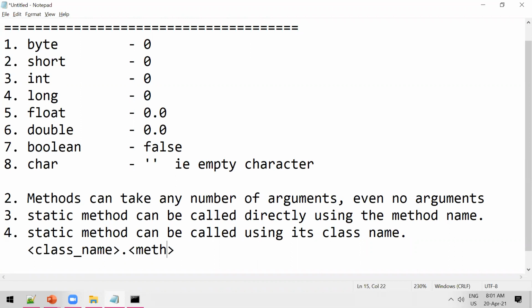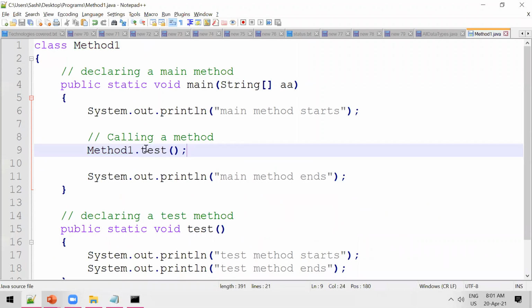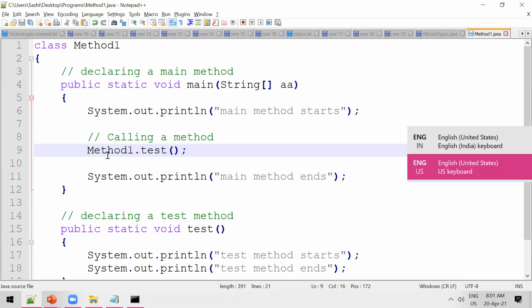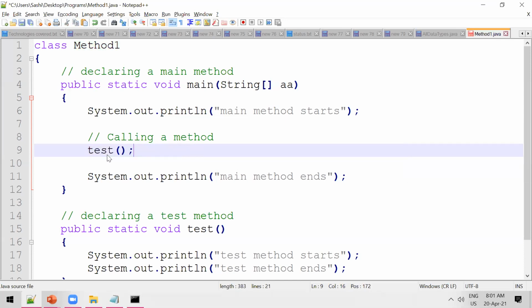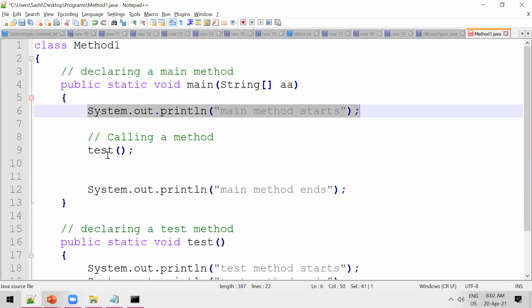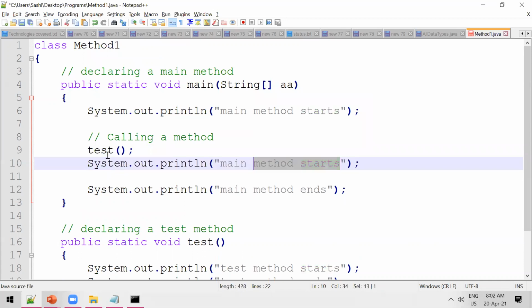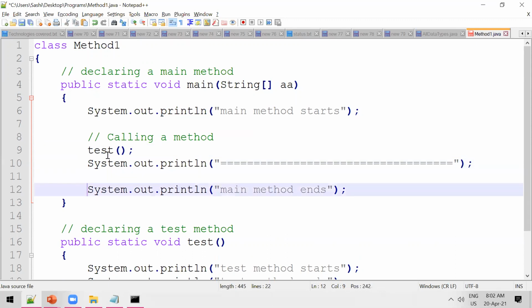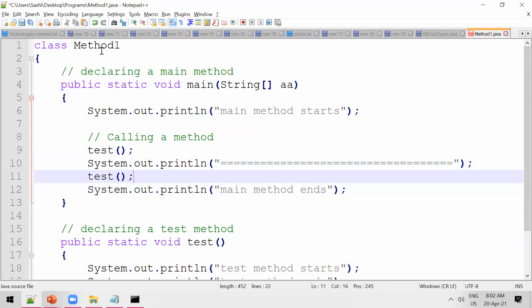This is the signature method name. So we can call by using class name also. Now experimenting more. First time we are calling directly, right? What I am doing, I am just keeping something directly we are calling a method. Then I am printing some dotted lines, right? Then I am trying to call using its class name dot